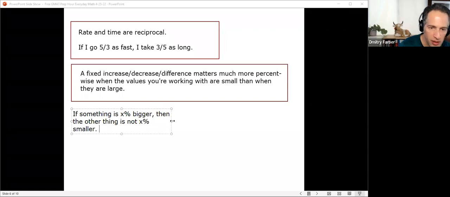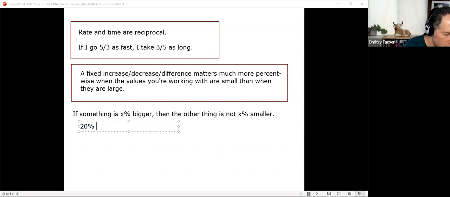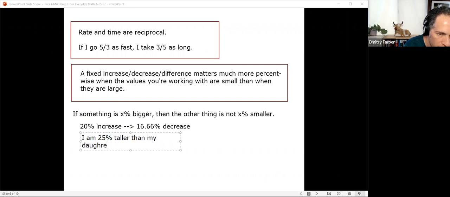To put that more clearly, if I have, say, a 20% increase, that's going to be offset by just a 16.66% decrease. If I am 25% taller than my daughter, I don't think I am anymore, then she is 20% shorter than me,